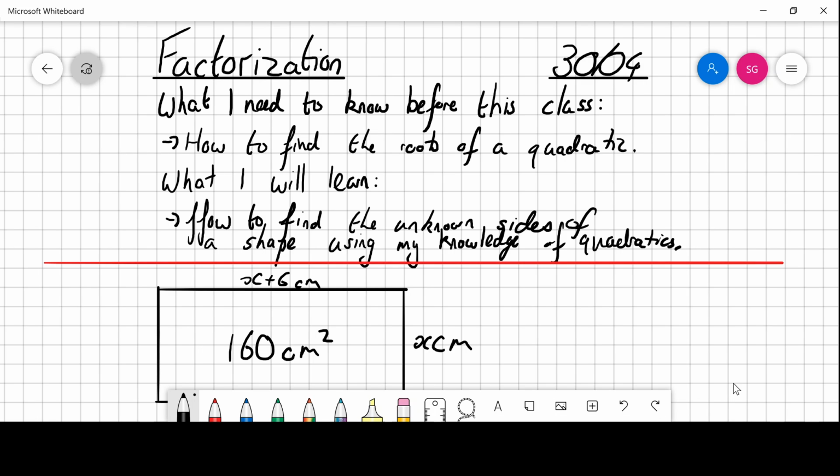Today we're going to go back to factorization. So this is our sixth class on this subject. And what we need to know before this class is how to find the roots of a quadratic. Like what you were doing with the lesson before, we took that little diversion into constructions. And then today we're going to learn how to find the unknown sides of a shape using our knowledge of